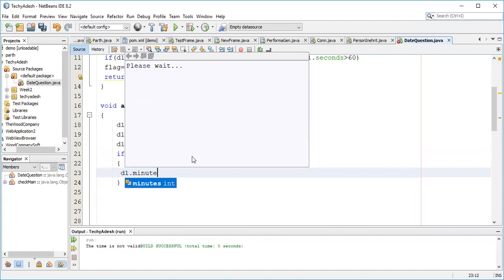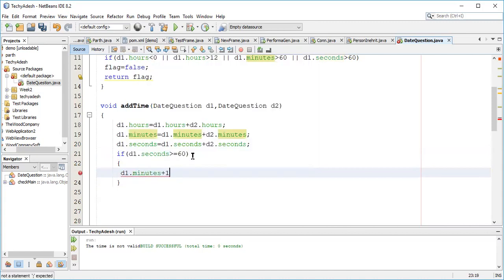So d1.minutes should increase by 1, right? Suppose there are 70 seconds. So 70 means 1 minute 10 seconds. So minutes should be increased by 1. That is, d1.minutes should be equal to d1.minutes plus 1.